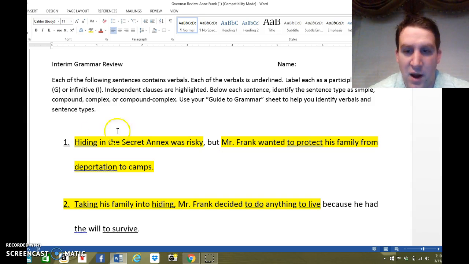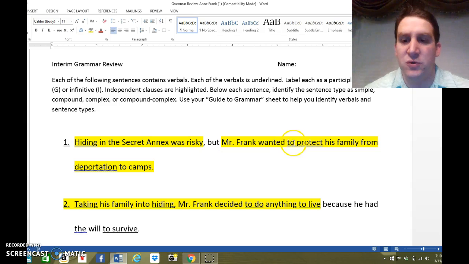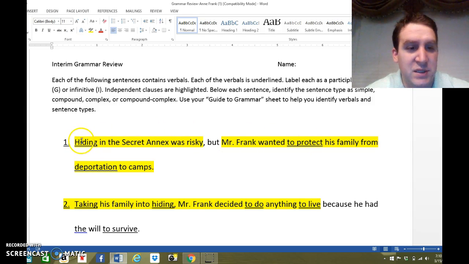1. Alright, if we go over here and we see to protect, obviously we see to, and then protect is a verb, so to plus a verb would be which one of our verbals? Yeah, it should have been an infinitive. So we would label hiding as a gerund, and we would label to protect as an infinitive in the first